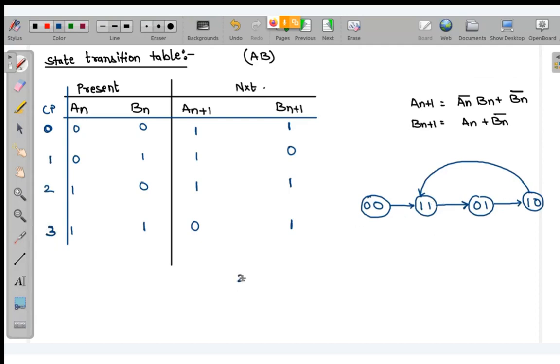Okay, so one more concept let me tell you. When we have n flip-flops, the possible number of states we will have is 2 to the power n. So these are your counting states. Here we will have how many counting states? 2 to the power 2, so that is 4. But out of those 4 states, how many are we using? Used states